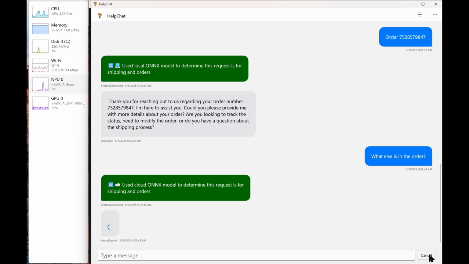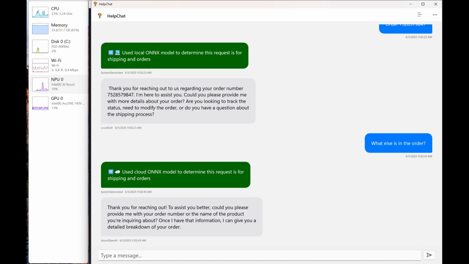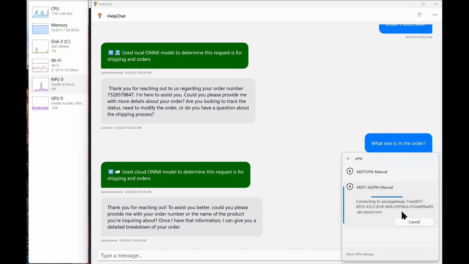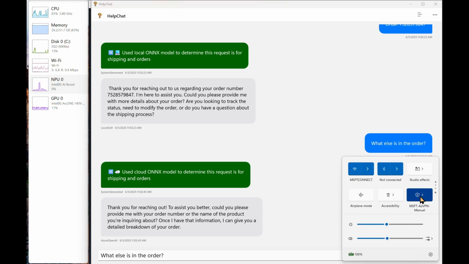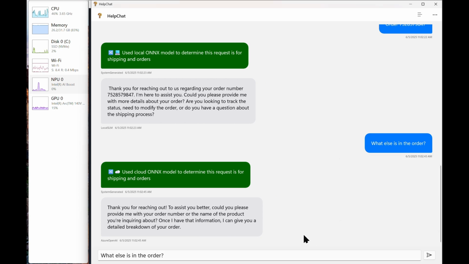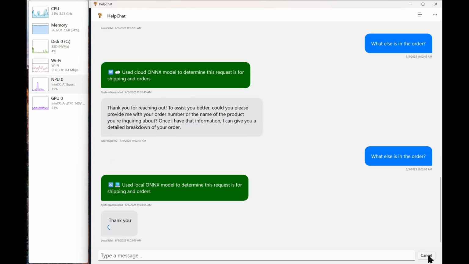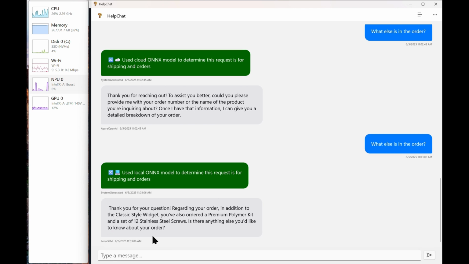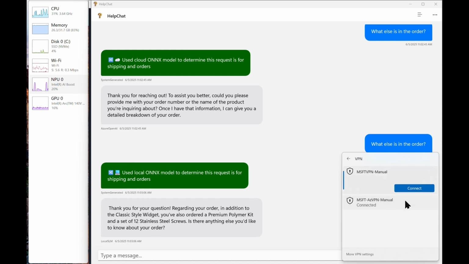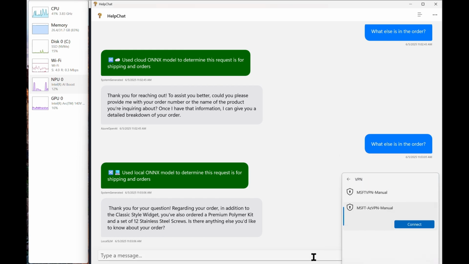So again, just a general question, we bounce back. The other one that we included in this is latency. Because this is a real-time application, we don't want latency in this. And so we put in a parameter that says if latency exceeds a certain threshold, we want to stay on the device. Now, in this case, we're going to use the VPN to create that latency. And I just ask it a general question, same as before, nothing specific, just what else is in the order. But because of that latency, that business logic, it stayed local and used the NPU and the small language model